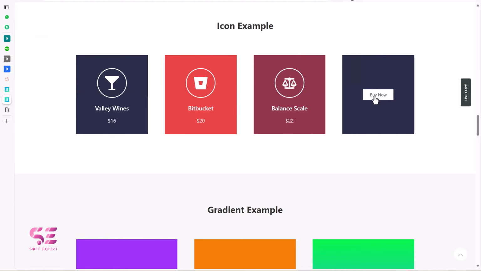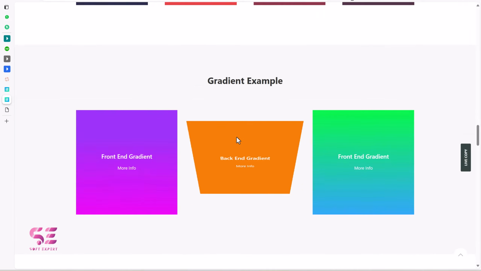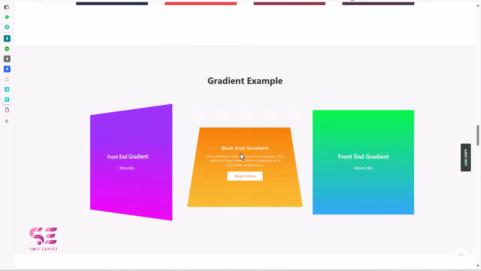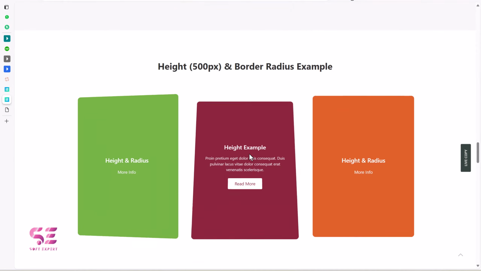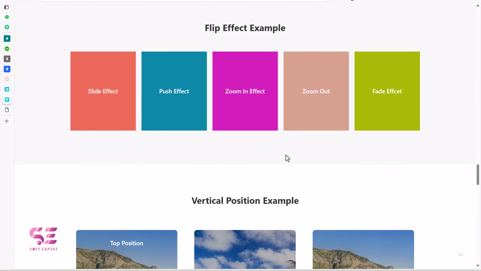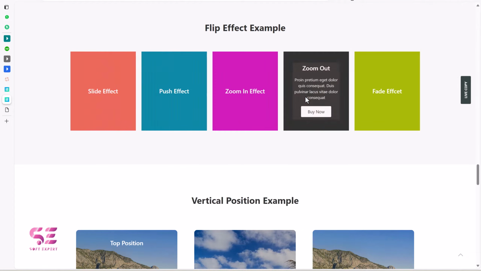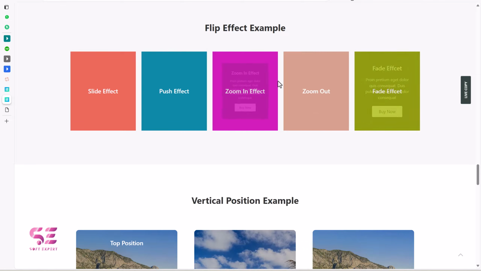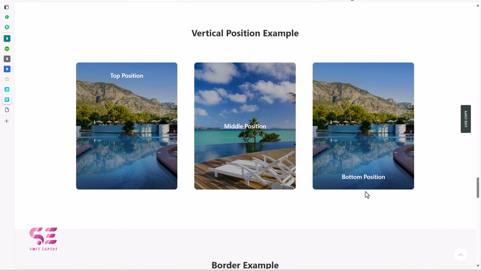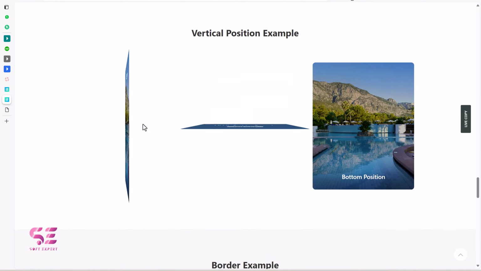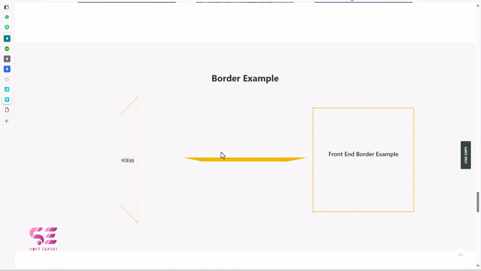Then we have icons with different clips. Then we have gradient examples. Again we can change the colors, and then these are with specific heights, and zoom in effect, push, slide, zoom out, fade. You can customize these based on your needs. And then we have vertical position, so bottom position, middle and top position. And then border examples